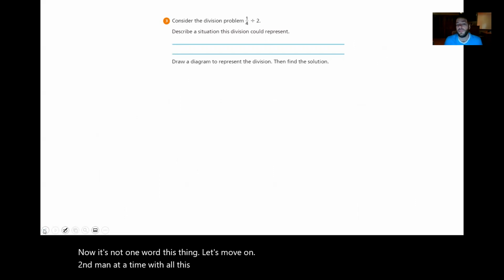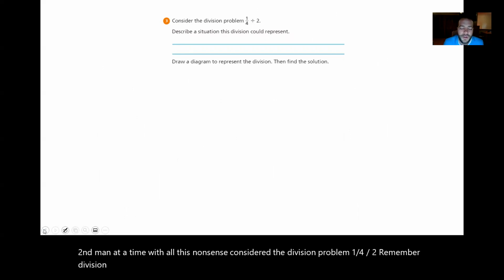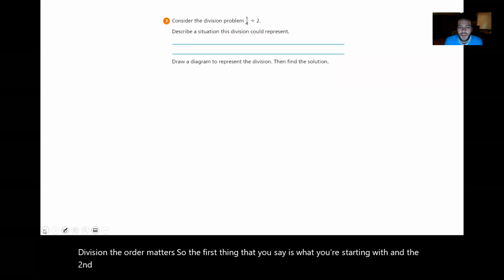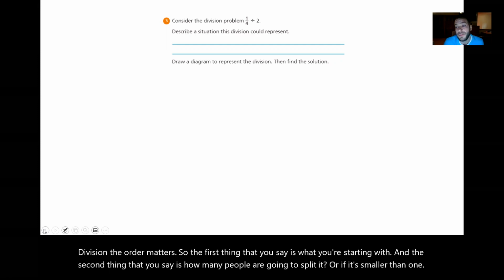Consider the division problem. 1/4 divided by 2. Remember, division, the order matters. So the first thing that you say is what you're starting with. And the second thing that you say is how many people are going to split it. Or if it's smaller than 1, I don't look at it as how many people are going to split it,